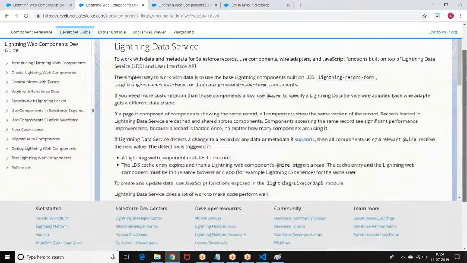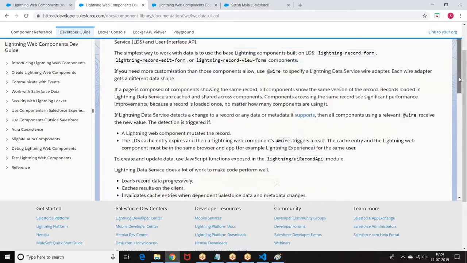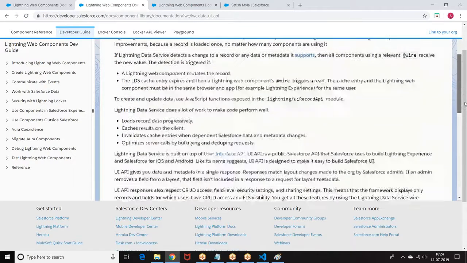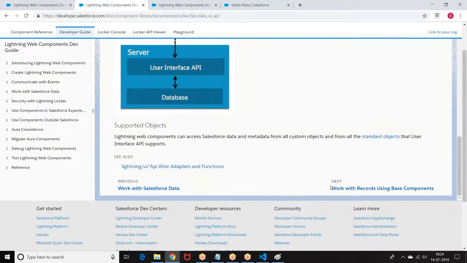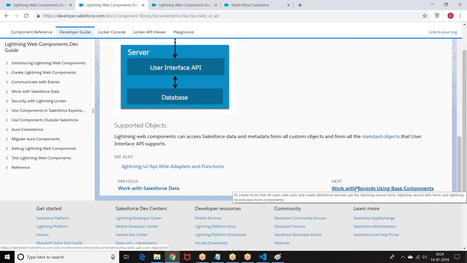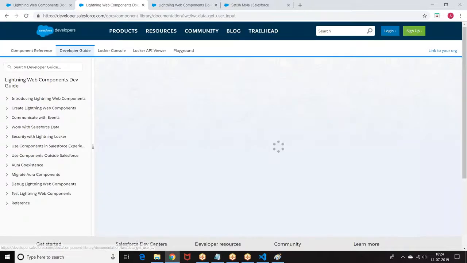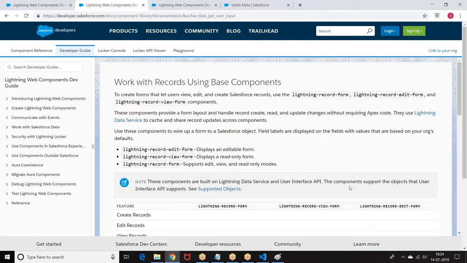If you are trying to apply LDS, the components are Lightning Record Form, Lightning Record Edit Form, and Lightning Record View Form. We already know these properties from the Lightning components. Now, in the same story, we want to understand how to create a record using LDS.